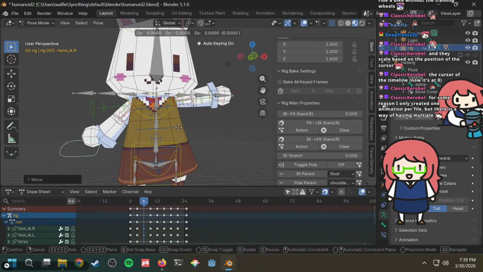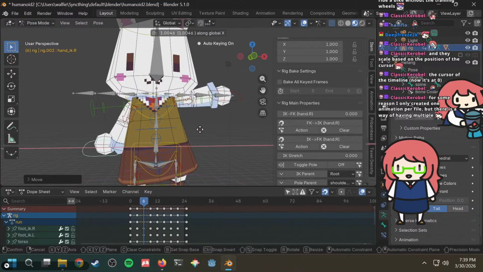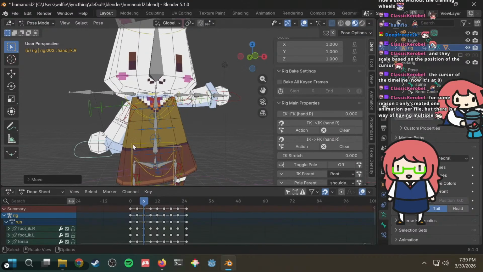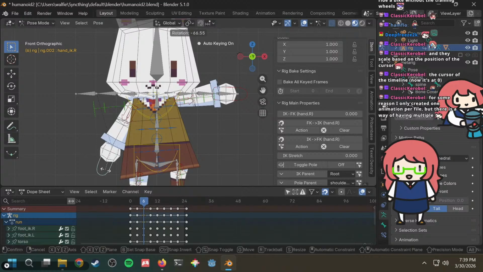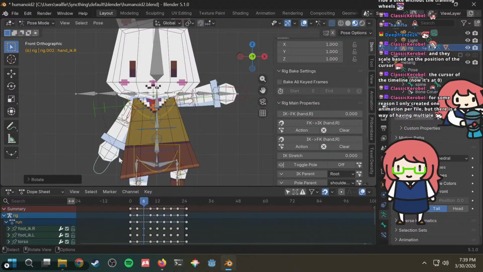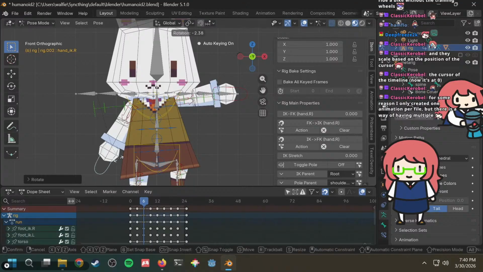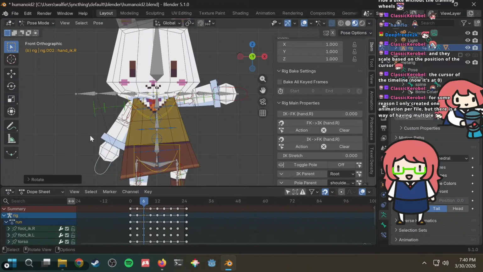Gotta rotate X. That's there. Rotate the arm. Like this. Like that.